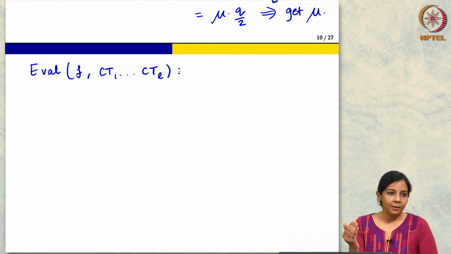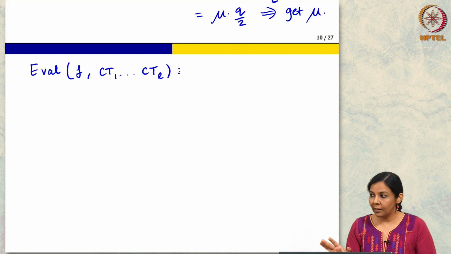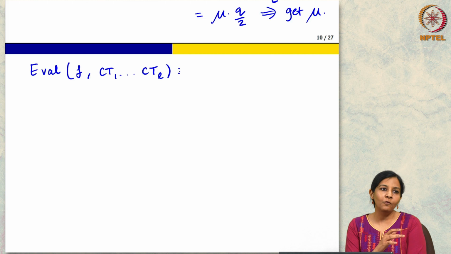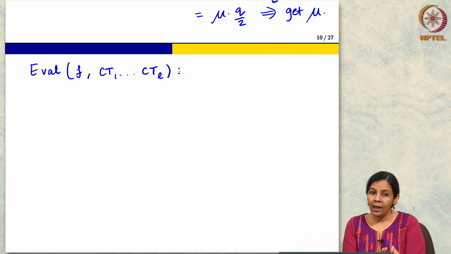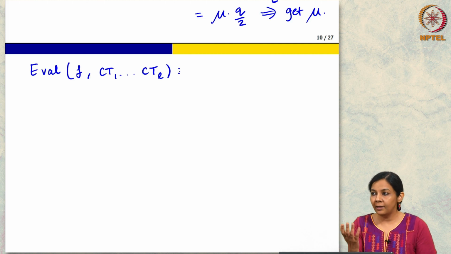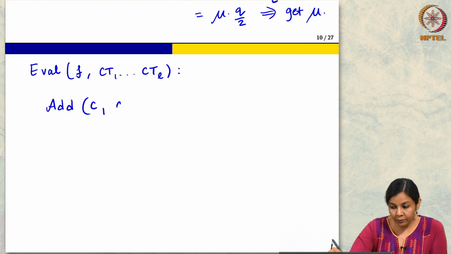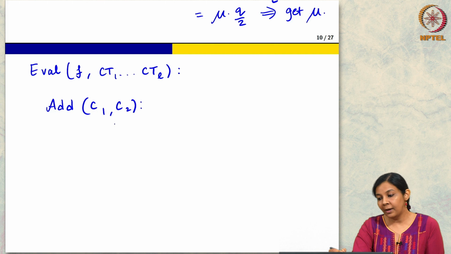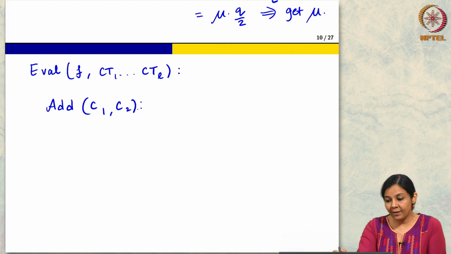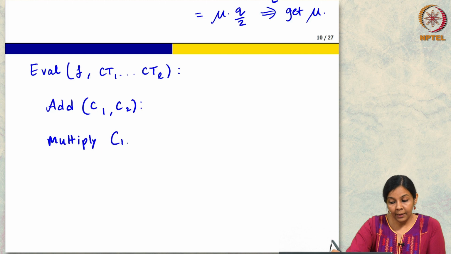So, any circuit can be written just in terms of addition and multiplication gates, right. We have seen the notion of universal gates. In particular the NAND gate is universal, as we have seen, and I can construct a NAND gate using just additions and multiplications, for example. So, my first simplification is that I will just talk about how to add two ciphertexts. My ciphertexts are matrices, C1 and C2. I need to show you how to add them, and I need to show you how to multiply them.